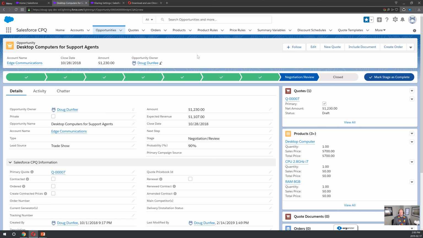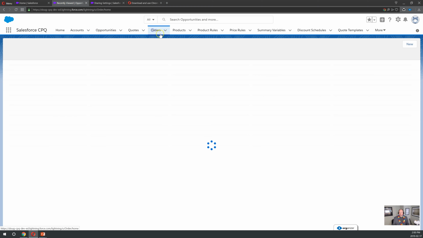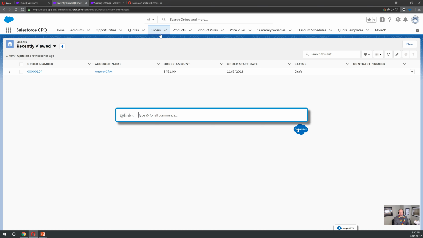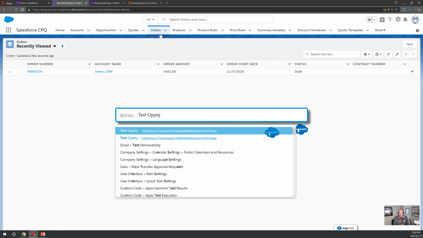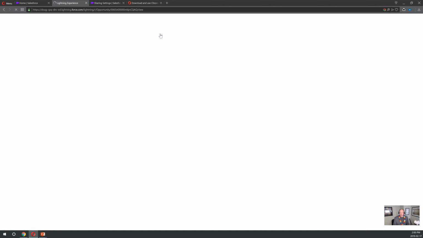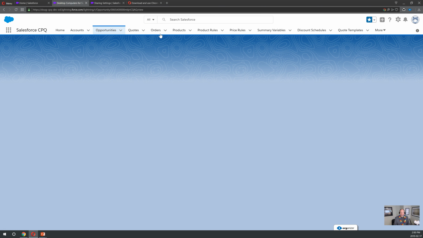And so now I have a custom link for this opportunity. In order to use it, I have to leave this page. So let me go to another page real quick. And now if I want to go back there, I can just start typing "test opti," and you can see I did this already ahead of time, so it's actually in here twice. But instead of using favorites, if you like to stay on the keyboard, you can use that to add a